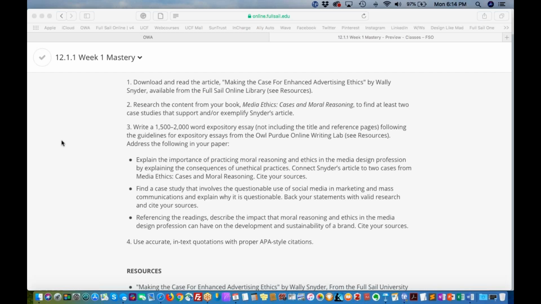And then for the other one, I say, with this power in consumers' hands, media designers need to take the action to make sure moral reasoning is at the forefront of their minds. Yep. Okay. Because it's the collective group that you're talking about. Okay. And then the second one is,